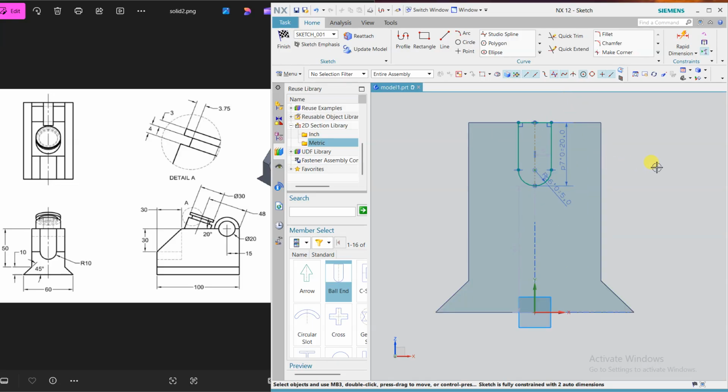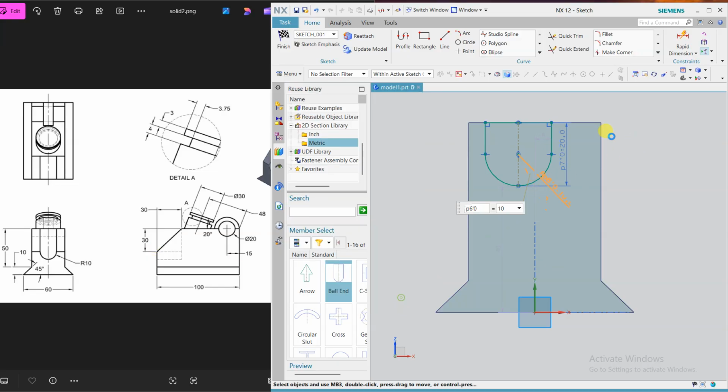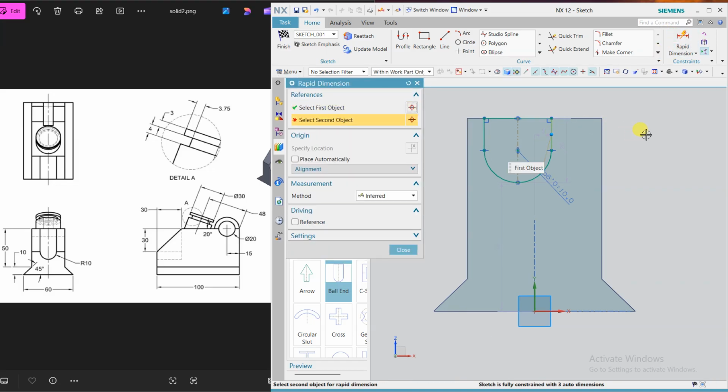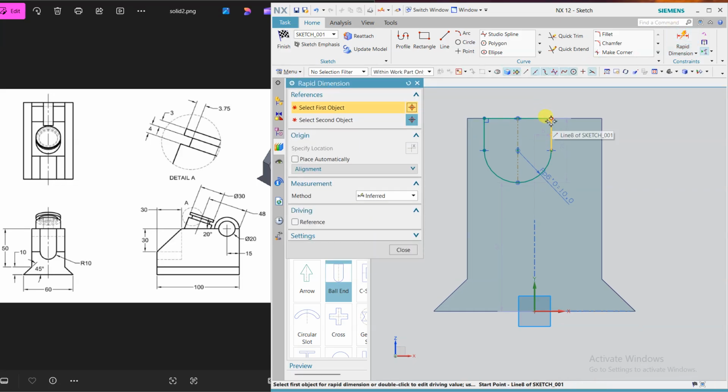Now let's zoom in and the values are: 10 is the radius. Okay, and this is 30, so delete this value and select this and this point, make this value 30.